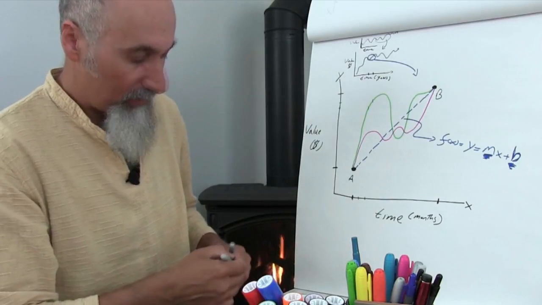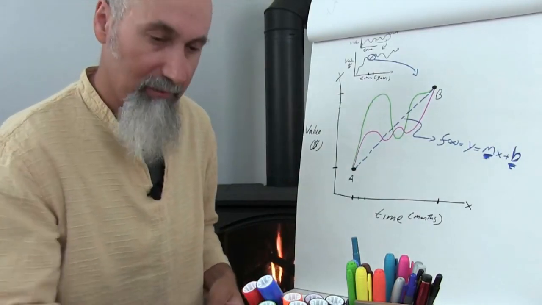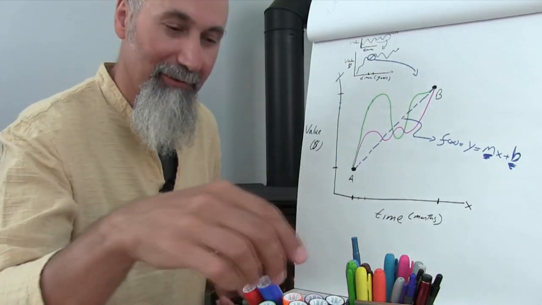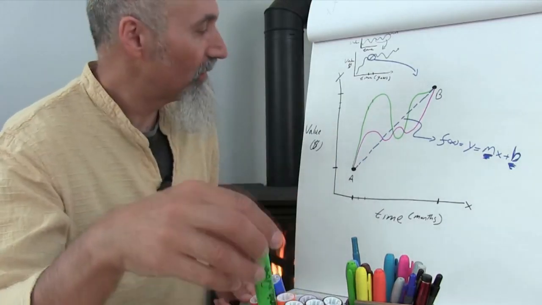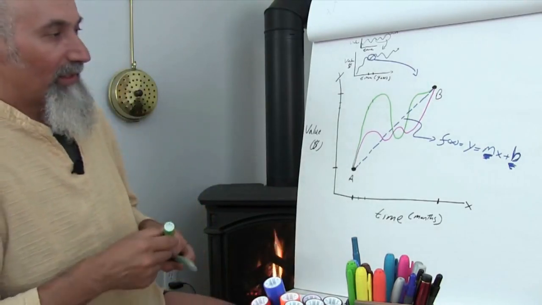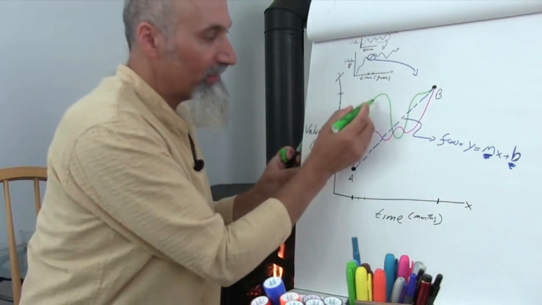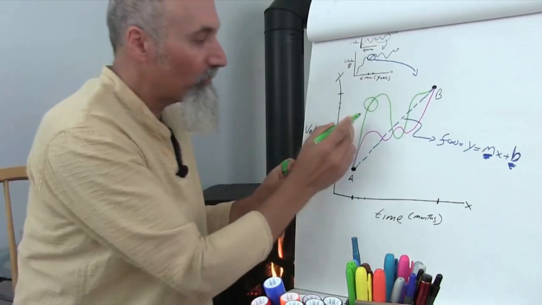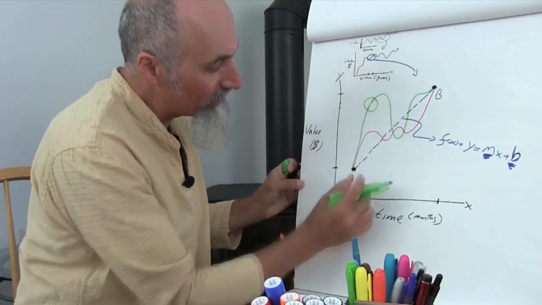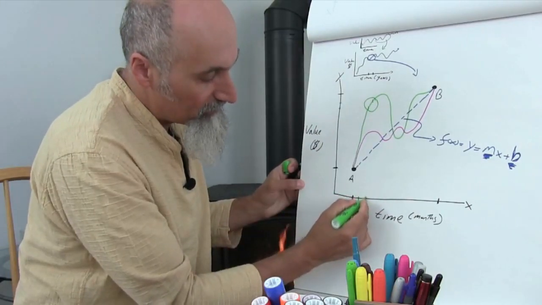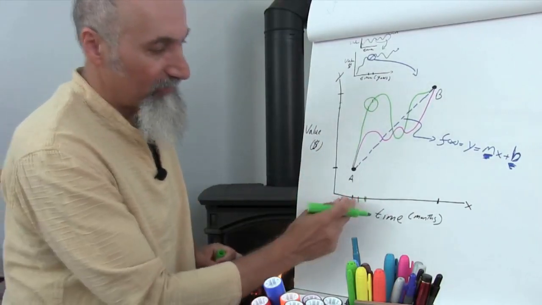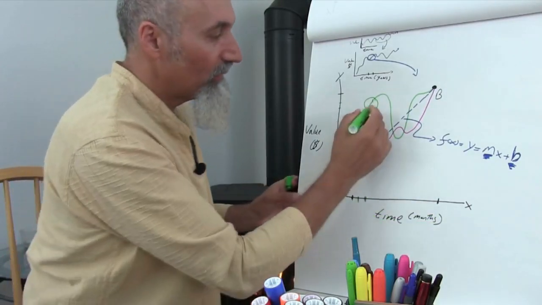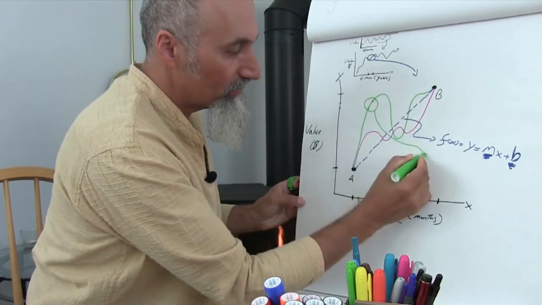Maybe we want, let's do this in pink, I guess. Or should we take the green one? Let's take the green one. Let's be consistent with this. Let's assume we're going to take this part, right? That's what we want to look at. That's the time frame we want to invest in. And this might be just a few days, if this is months, or a few weeks, right? So we could take this, right?